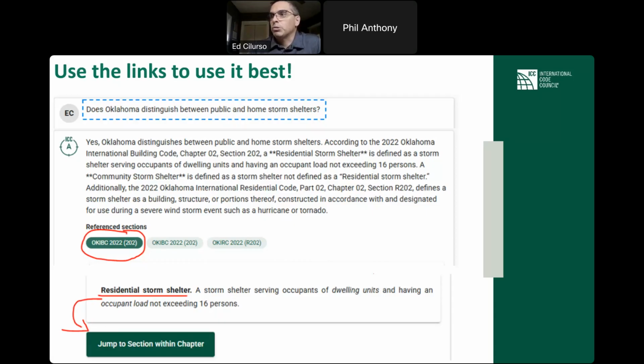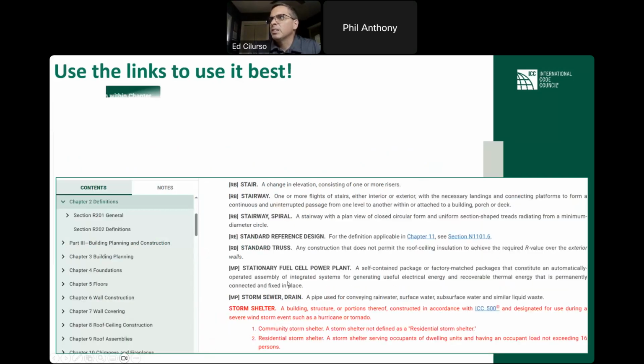When you click on those reference sections, it will bring up a very quick preview of what the actual text is in that section. You can then also jump to section. If you jump to that section, it's going to map directly to the relevant text. It creates a link onto the Digital Codes platform, and you can then read that text.